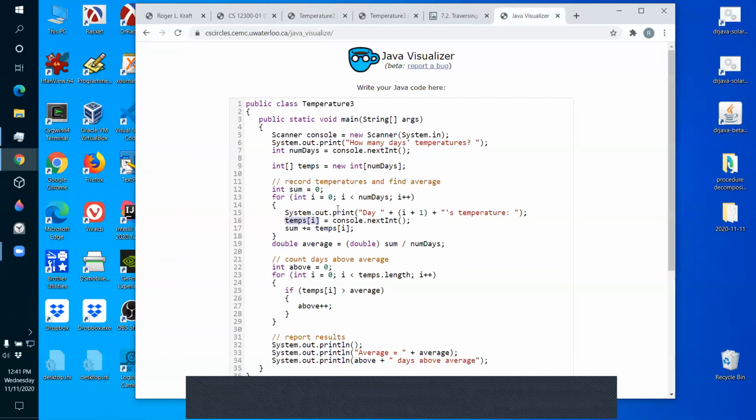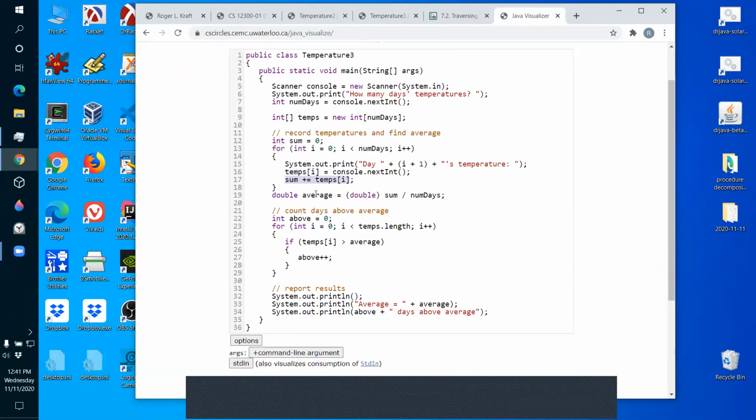Now, every time we read a number, we have a different variable to put it in, because the array has all those slots. We'll run it in a minute, and you'll see how I'm creating a new variable for each entry. And then I add it into the sum. After I've computed the average, I can go back through the array. This for loop will step me through the array, and I can ask, is an array entry bigger than the average? And if it is, count it as above average.